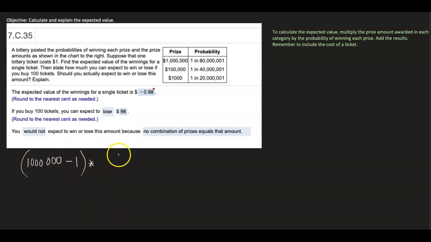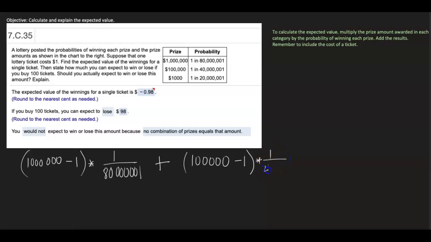And then we would take this amount and multiply it by the probability. So that's going to be 1 over 80,000,001. We will now add to that the prize amount awarded in this next category, which would be $100,000, minus the $1 ticket, times its probability,